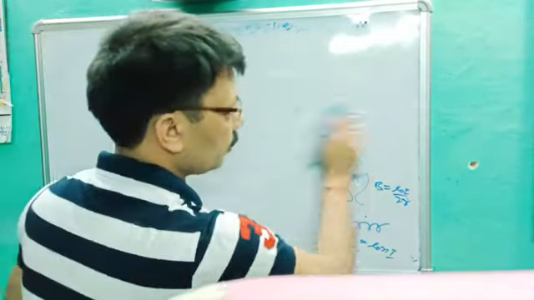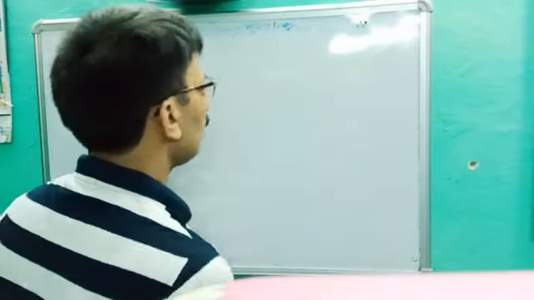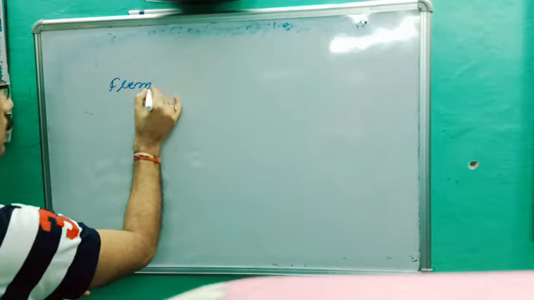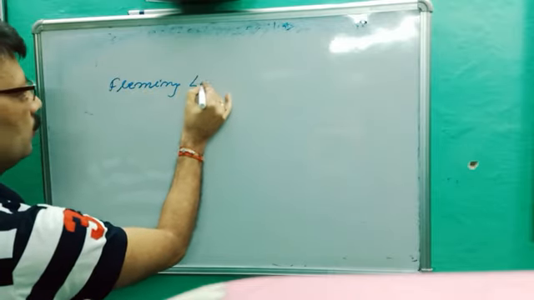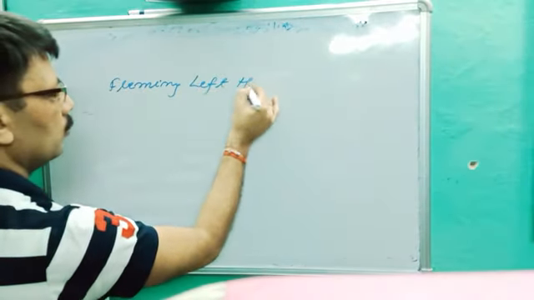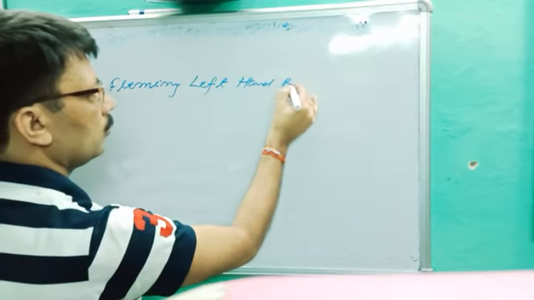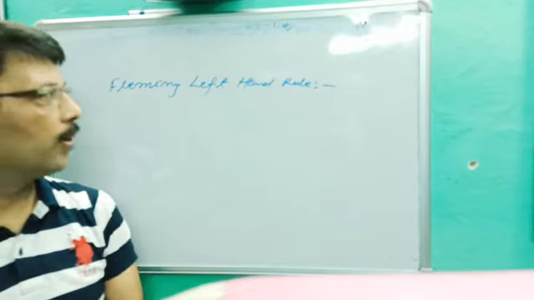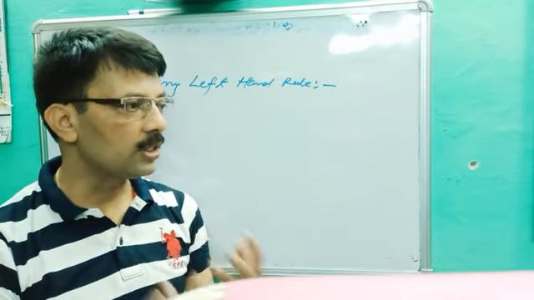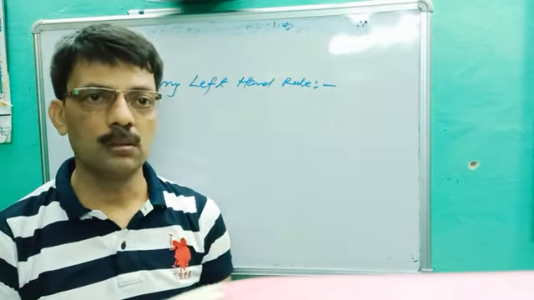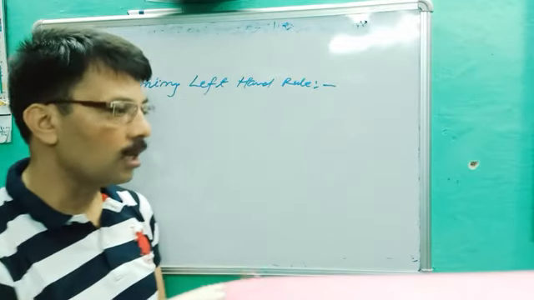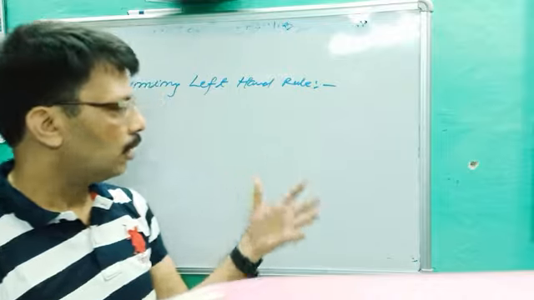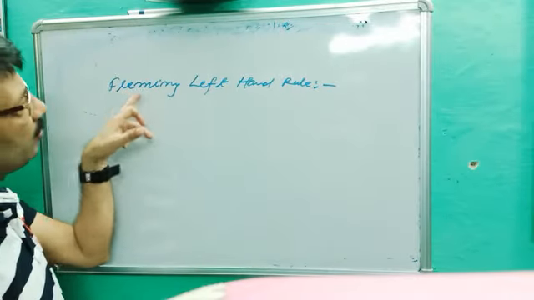This is a very important question for the next topic. Fleming left hand rule. There are many rules for different devices, so we have to handle carefully which rule to apply in which case. This is a big matter for you, because till now only one rule was there, called the right hand thumb rule. But after the right hand thumb rule, we are going to discuss Fleming left hand rule.